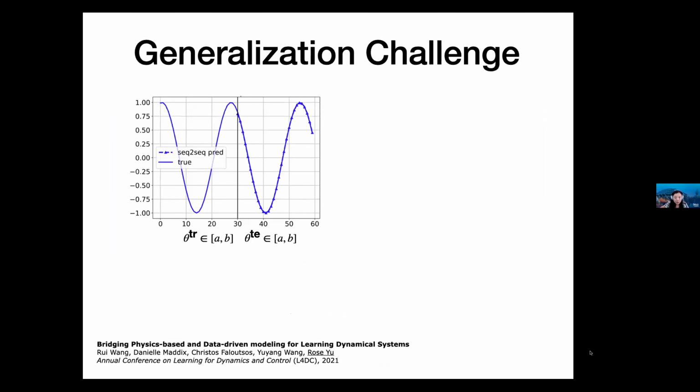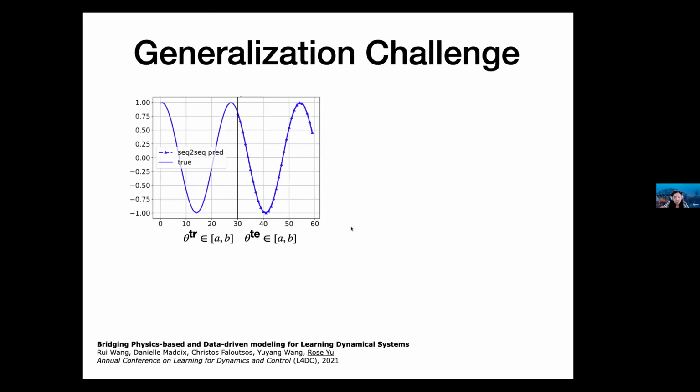Before we start talking about equivariant neural networks, let us zoom into a very specific challenge in machine learning. And this is some pictures from our paper published at L4DC, the Learning for Dynamics and Control Conference this year. So this is a very interesting phenomenon of learning dynamics. What we're doing essentially is trying to fit sine functions. So we assume that the dynamics of a system follows the sine curve. So we can treat this sine curve as a time series. And the goal here is to forecast into the future. Given the past 30 timestamps, we want to forecast the next 30 timestamps from 30 to 60.